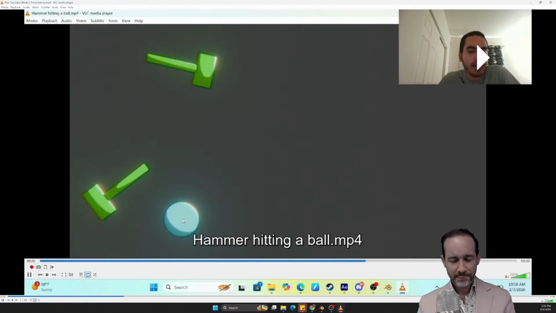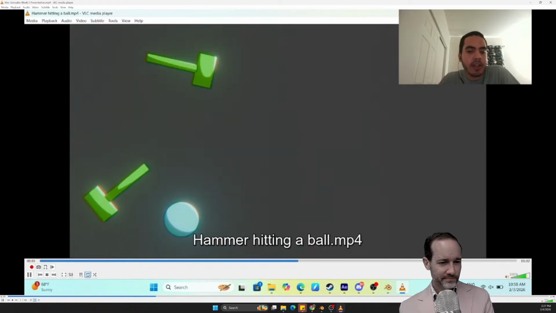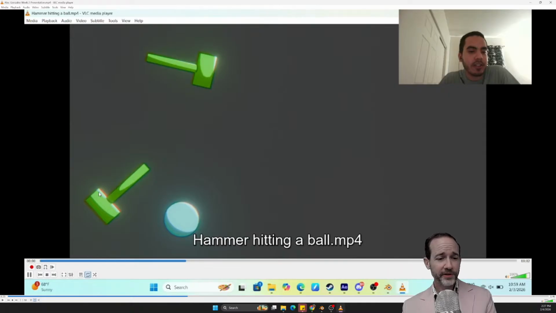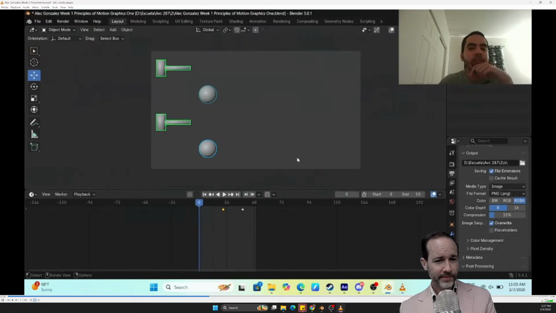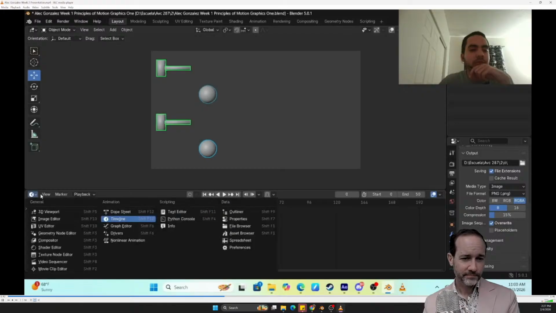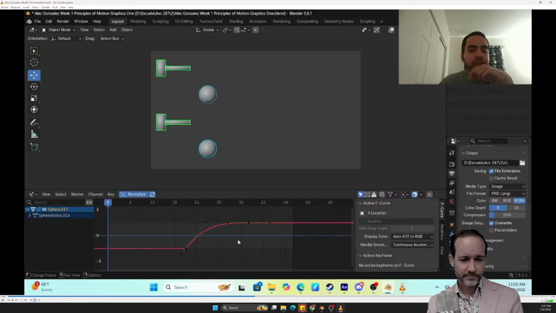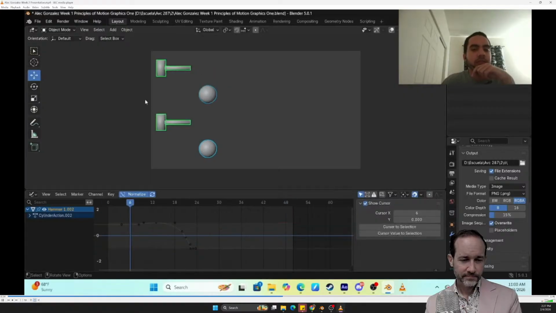Yeah. I treated it as if it was extremely heavy, so the impact actually affects the hammer, and after the hit, the hammer recoils and starts doing this fast, spring-based movement. It feels like a spring in that it's faster, and then there's a little bit of slowing down, a cartoonish vibration. So I'm going to show you the timeline on the graph here for the light ball. You can see here, even if this ball goes out of frame, it starts spinning and then it decreases the speed. And for the hammers, these are the graphs.